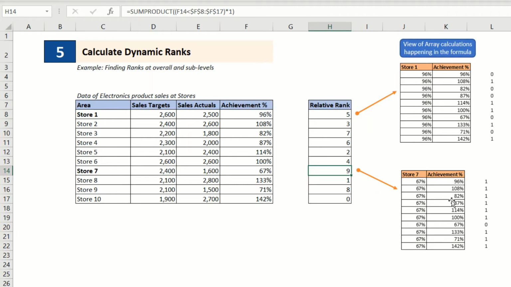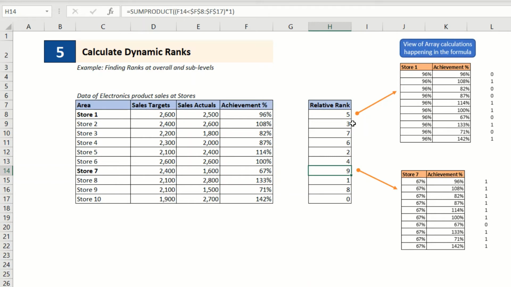Wherever this number is less than the number on the right, we see a 1, else we see a 0. You can see that in 9 of the 10 cells we see a value of 1, and only in this cell, where we are comparing the store's achievement with its own achievement, we are getting a 0.